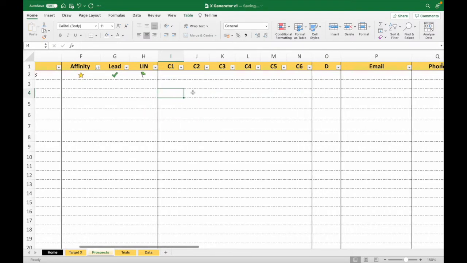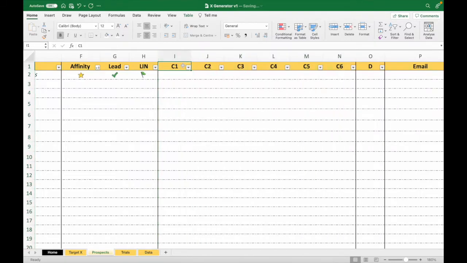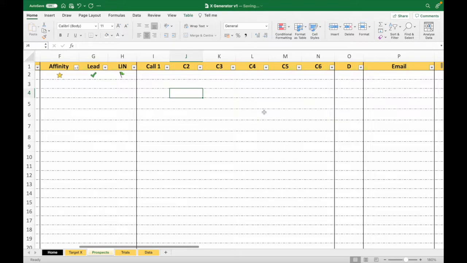Wonderful. I have this section over here for the calling. Call 1, 2, 3, 4, 5, 6. If you don't want to look at this in this way and you don't want it to say C1 to C6, you can just select all of this and change the width. Let's say something like that, and just say, hey, call 1. If this makes better sense for you, you can do that, right? In such a manner, and say same thing. We're using the same icons,